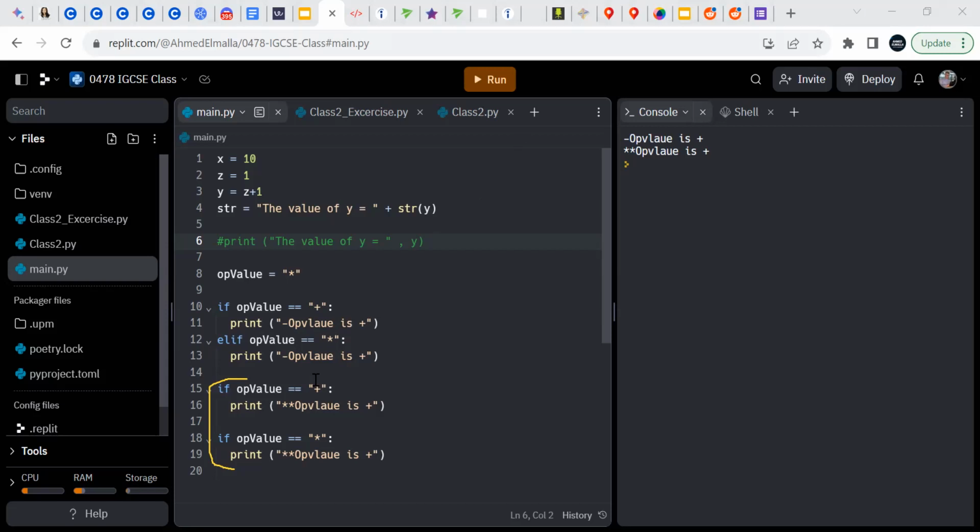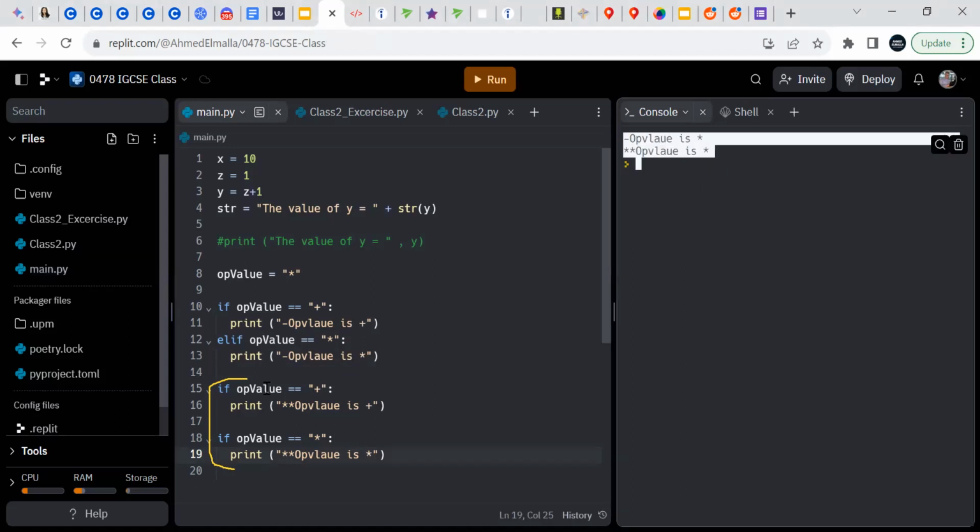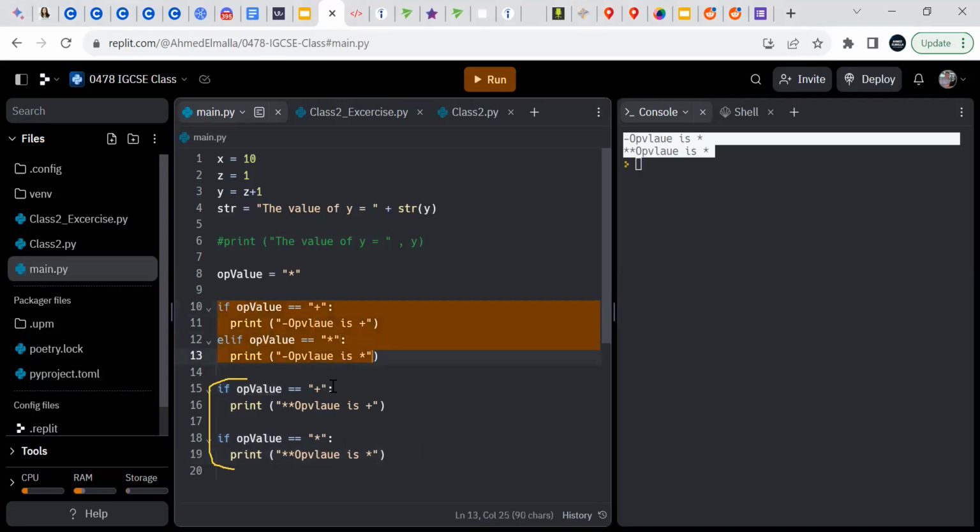Again, there is a slight mistake in the code. Suppose here we put asterisk, and here also we put asterisk, so that should be the correct thing. But once it executes that, it will then go on to check the other if statements. That's in short. Okay, I think I spent too much time here. Is that clear? We go back.